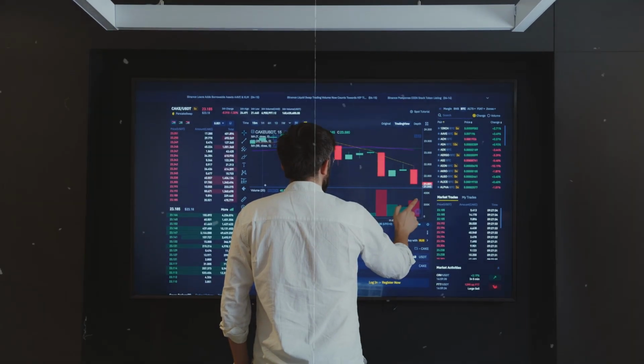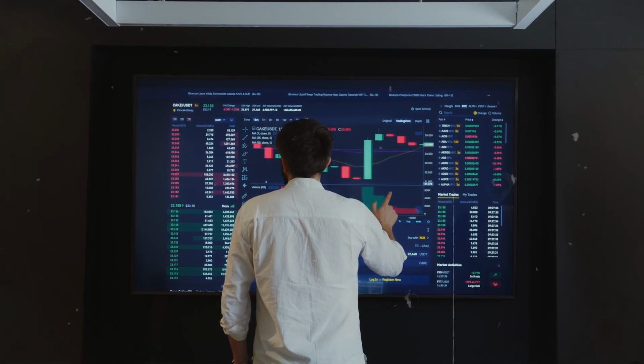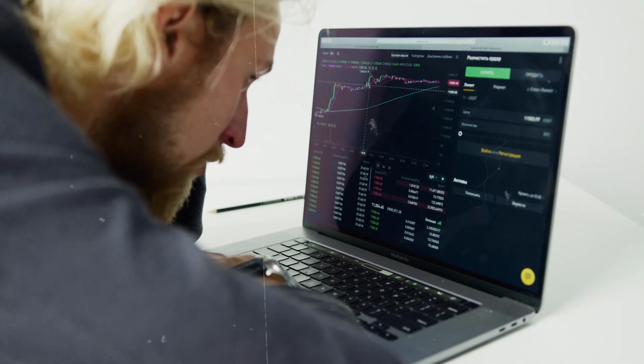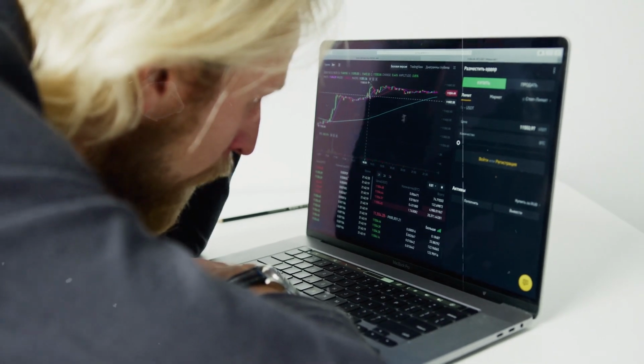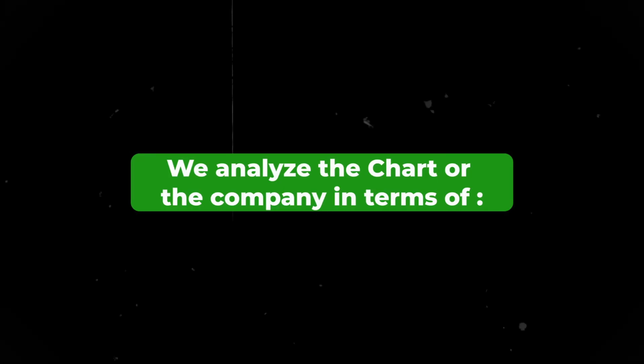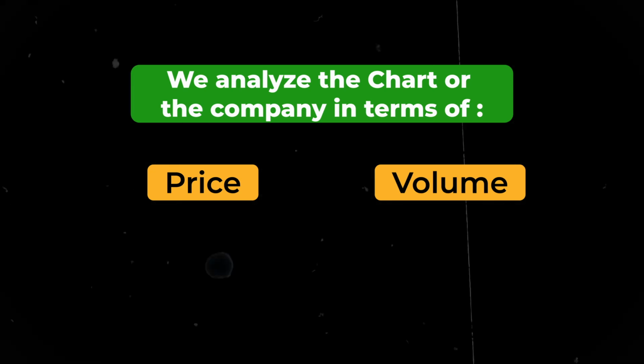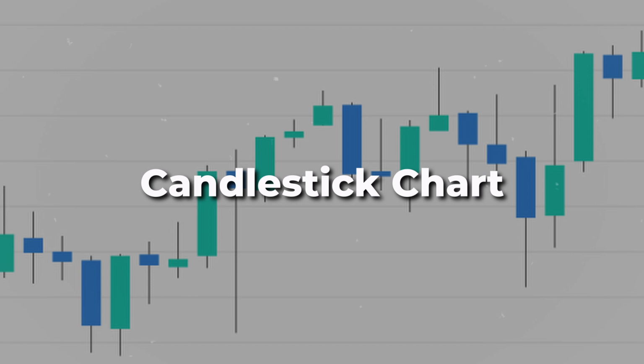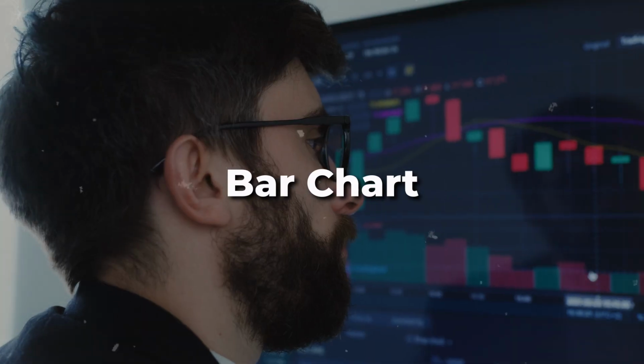When we study charts or technical analysis, and we are observing companies regarding their technical strength, what we do is analyze the chart, or analyze the company in terms of price and volume. So normally we observe a candlestick chart, a line chart, a bar chart,